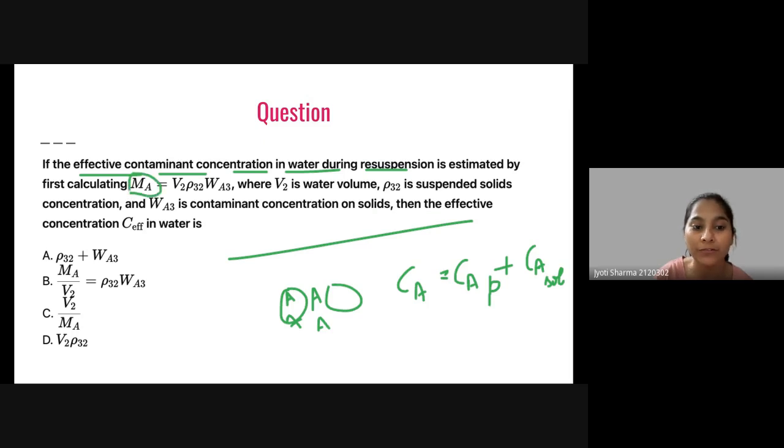calculating the mass of A, and this mass of A is equal to volume times density, and this is V2 rho 32 WA3, where V2 is your water volume, rho 32 is your suspended solid concentration, this is suspended solid, and WA3 is your contaminant concentration of solid. Then the effective concentration in water is,